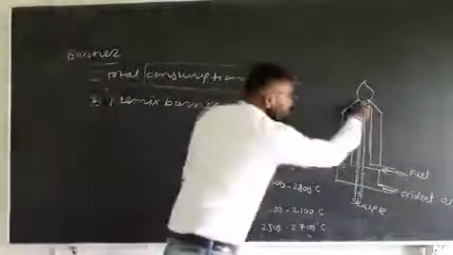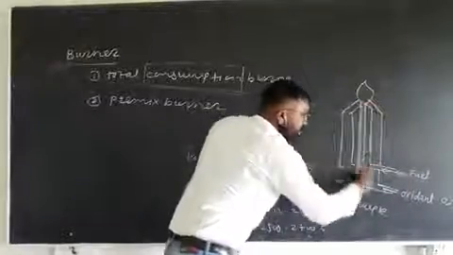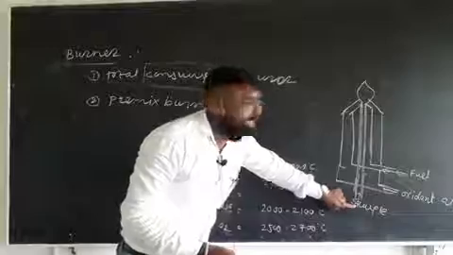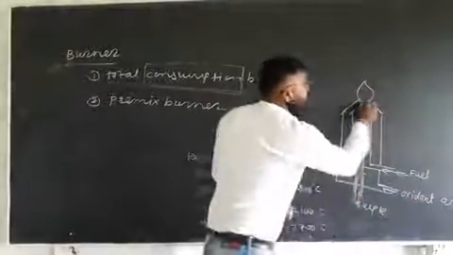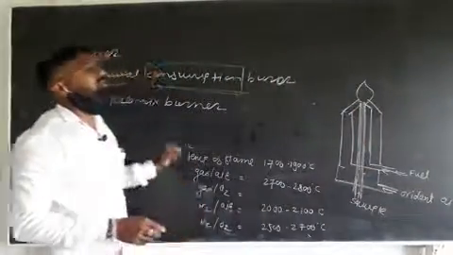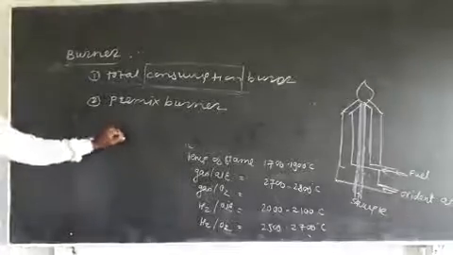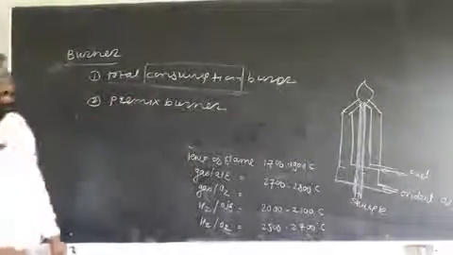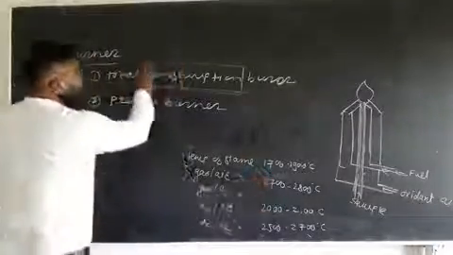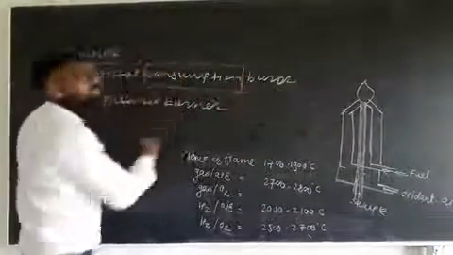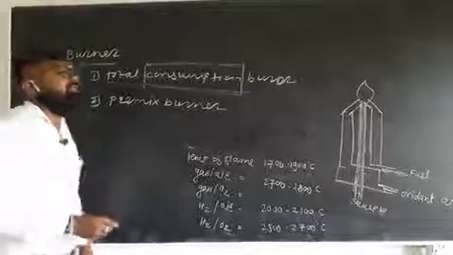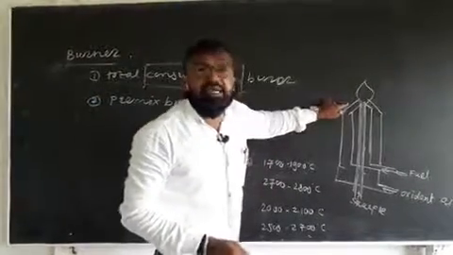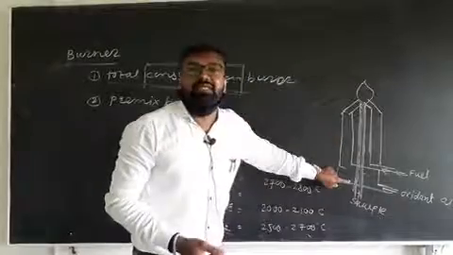In the total consumption burner, the sample is taken up by capillary action and goes directly into the hot portion of the flame, where evaporation takes place. This burner has some advantages as well as some disadvantages. The advantage is that the total amount of sample is consumed inside this burner, but the disadvantage is that it is noisy and high temperature is needed for the atomization process.